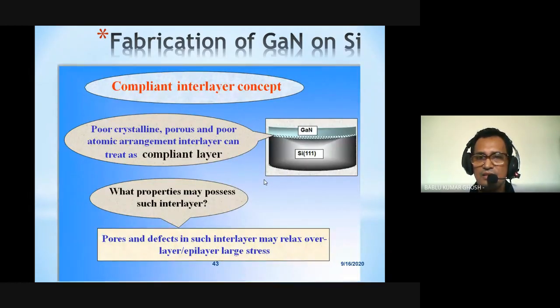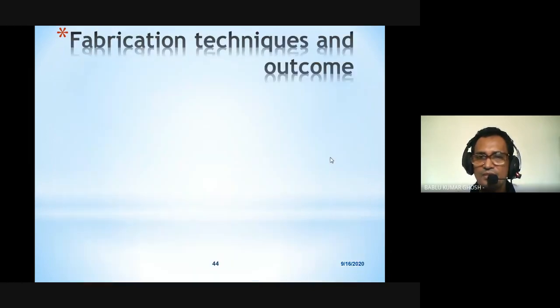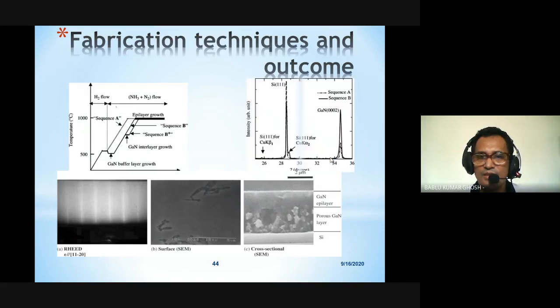You can see in a short review that using different interface materials, we fabricated gallium nitride on silicon. We used the gallium arsenide porous layer converted into gallium nitride to produce a gallium nitride epilayer on silicon, and it was also published in 2003 in a Q1 journal. Then the fabrication technique you can see here, and the interface property, structural property, and the atomic layout of